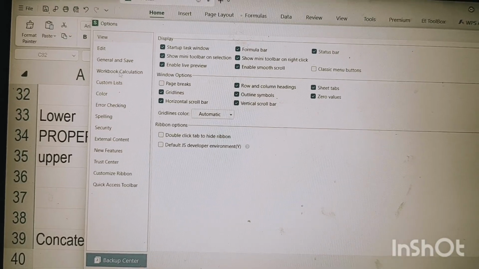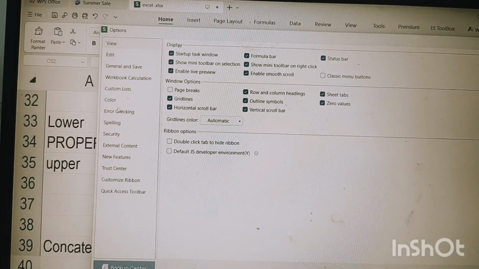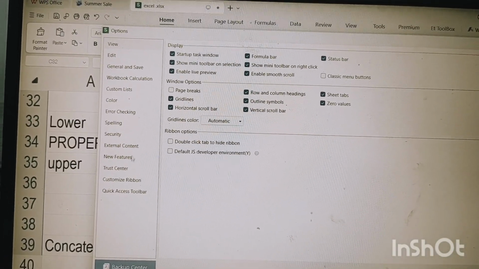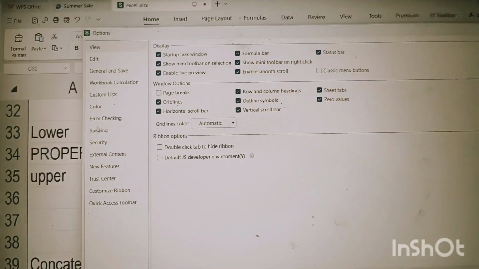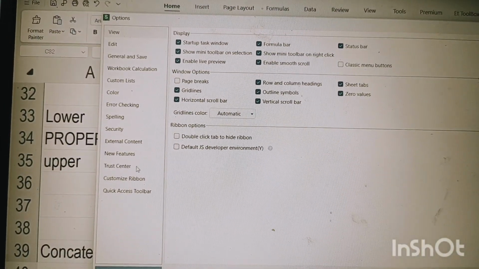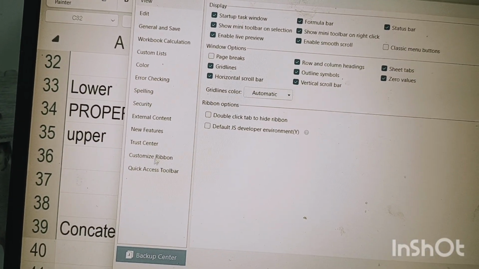There will be General, Formulas, Proofing, Save, and so on. You just have to select Customize Ribbon. Here is Customize Ribbon.